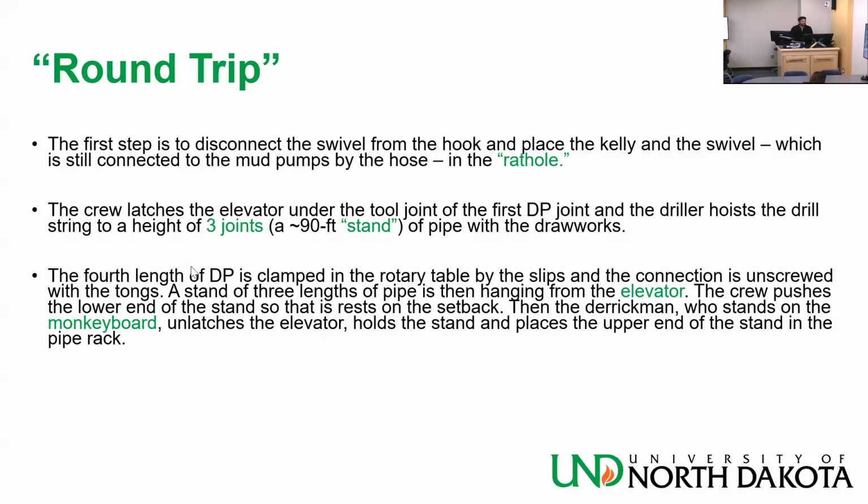The fourth length of drill pipe is clamped in the rotary table by the slips. That's the one that is left behind. And the connection is unscrewed with the tongs. A stand of 3 lengths of pipe is then hanging from the elevator. The crew pushes the lower end of the stand so that it rests on the setback. Then the derrick man who stands on the monkey board unlatches the elevator, holds the stand, and places the upper end of the stand on the pipe rack, and they